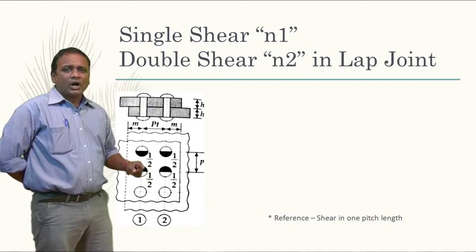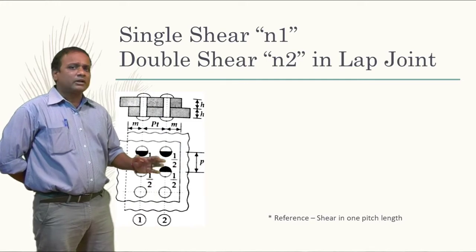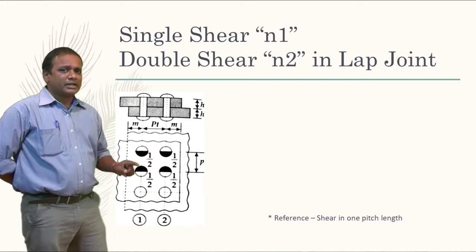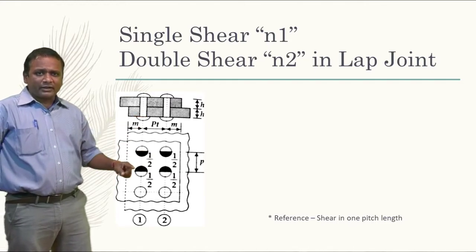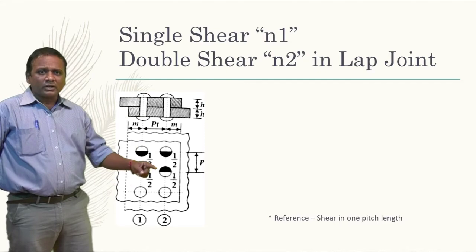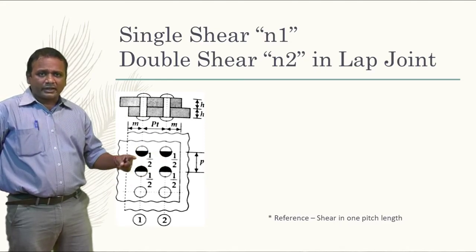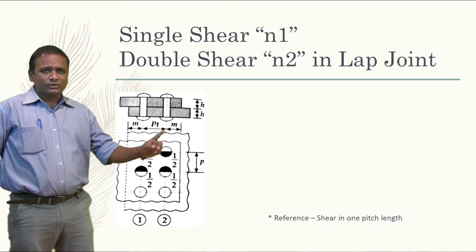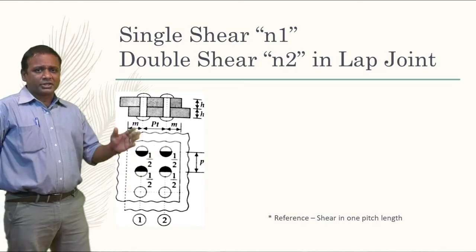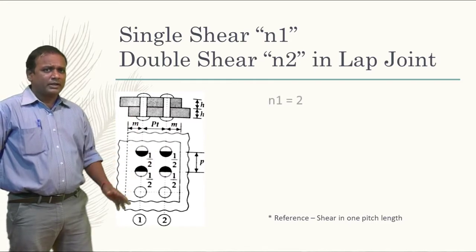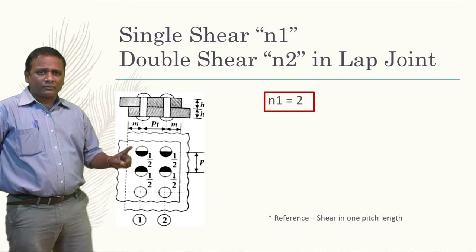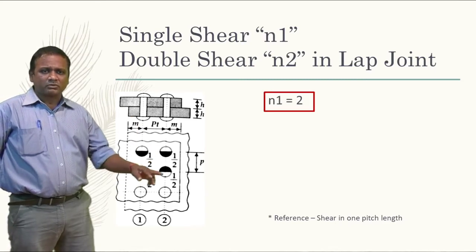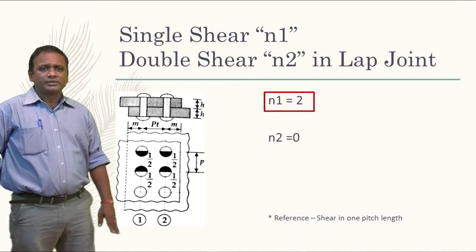In one pitch length, how many rivets do we have, and how many of these undergo a single shear? That's what the concern is. In this case, in this one pitch length, I have four rivets inside, where all four rivets have undergone half a shear, here half, and here half, and here half. Together, N1 is 1, and you can see that we don't have any double shear over here, so N2 would be 0. N1 is equal to two rivets: half and half is one rivet, and half and half is another rivet. So together two rivets, and N2 is equal to 0.